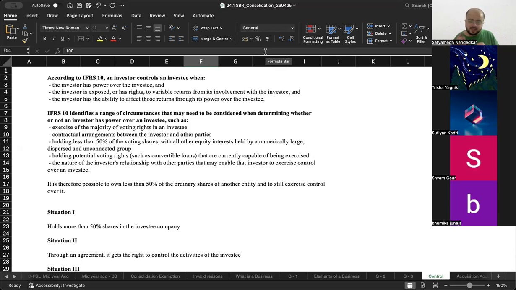Now what happens is I have to check whether these are capable of being exercised. What does that mean? Is it highly probable that I will exercise these conversion rights and convert the debentures into equity shares, which will take my holding beyond 50%? If there is a high probability that these convertible options are capable of being exercised and I will end up exercising them,